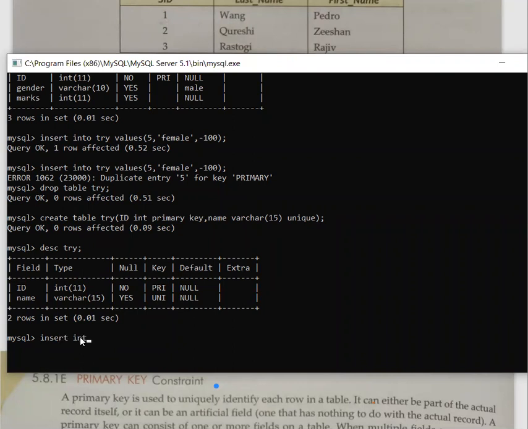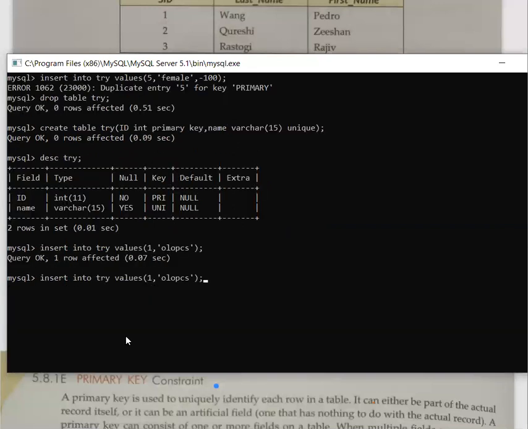Insert into try and then values. All of you practice with me parallelly so that you will understand the concepts properly. Suppose here I am writing OLO PCS, working perfectly. Now in both cases I am trying to insert a null value.